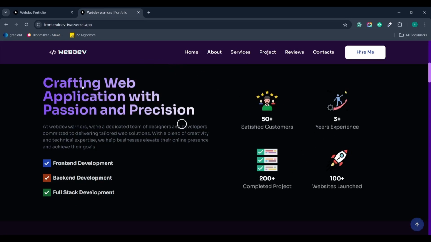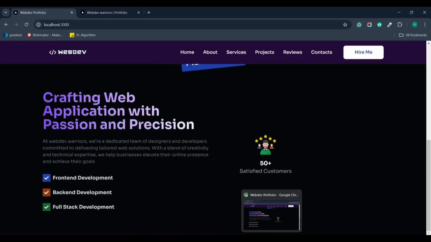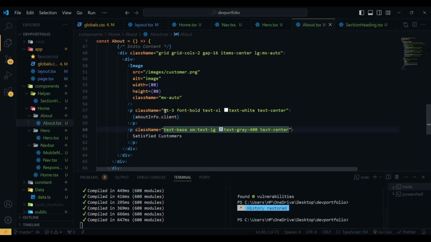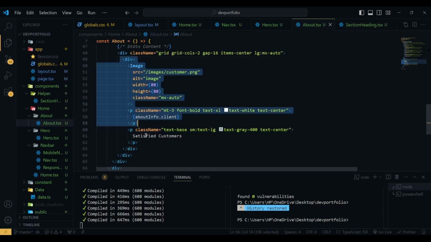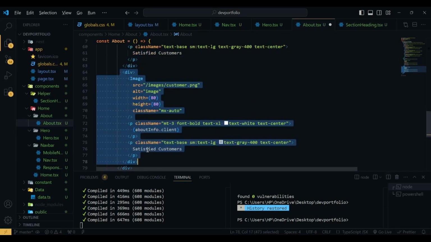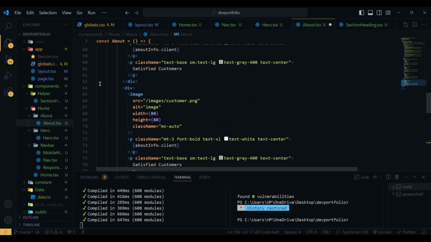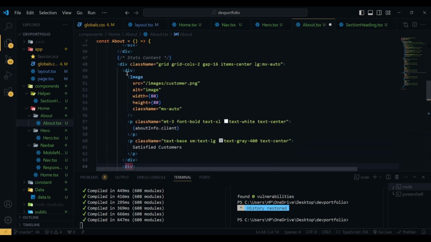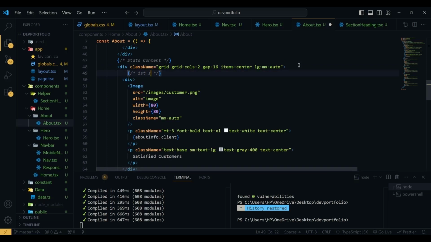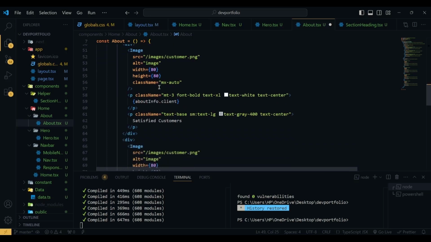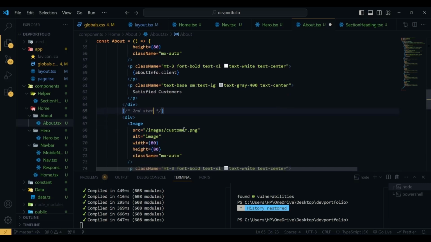Next we have this tree. So what I'm going to do is copy this div, and this is the first one. So this is the first card, or you can say first stat. Then this is the second stat, second stat. So the image will be